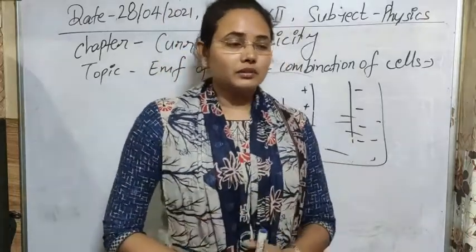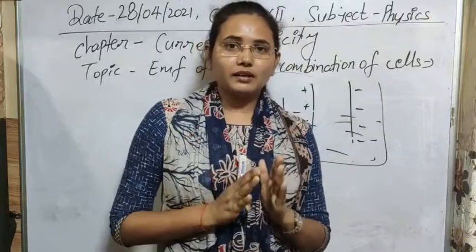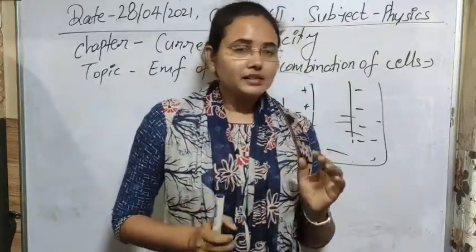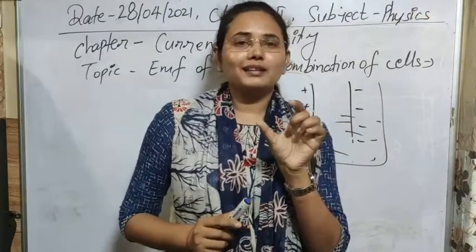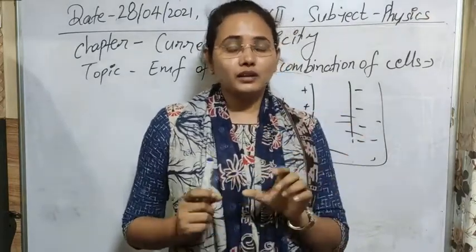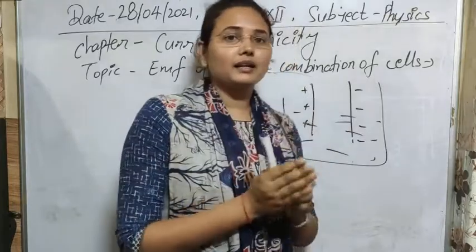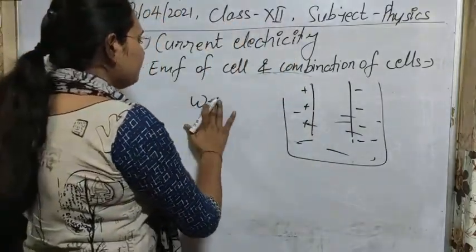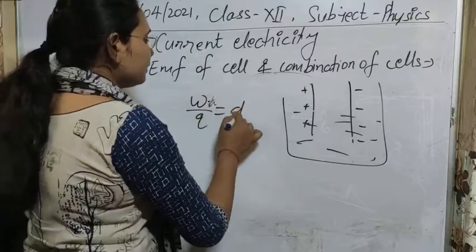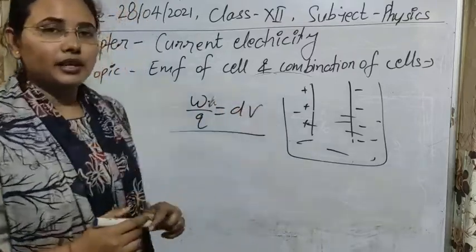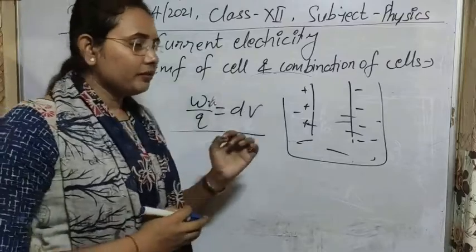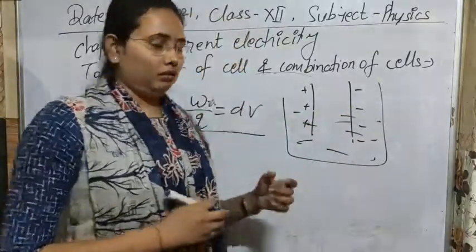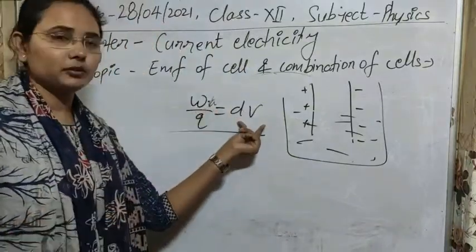Next concept: the difference between potential difference and EMF, that is also to be clear. Potential difference is related to any two points in space in any charge field. Whenever we are moving any particle, the work done per unit charge is given by the potential difference there. If we are moving a charge Q from A to B, the work done per unit charge is its potential difference.